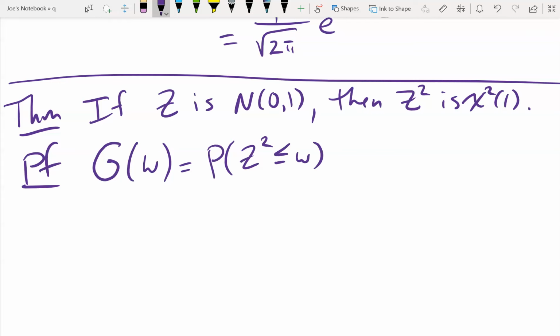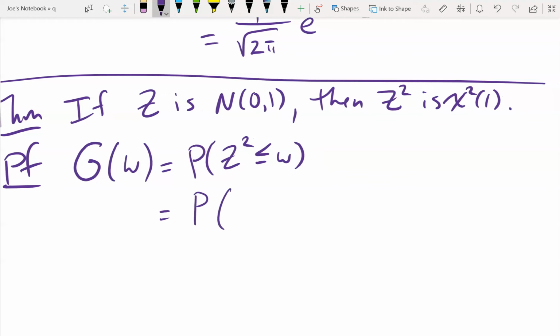All right. So let's say that W is a letter I'm going to use here for the variables, for lack of a better letter. Same idea. I need a probability that z squared is less than or equal to some W, right? Well, if I do square roots, what does z have to be in between? Negative root W and root W, right? You agree with that?